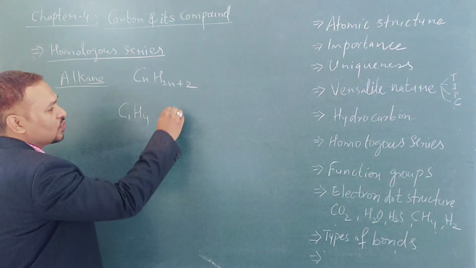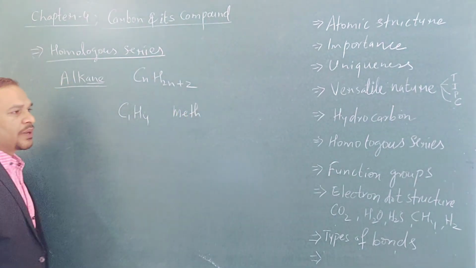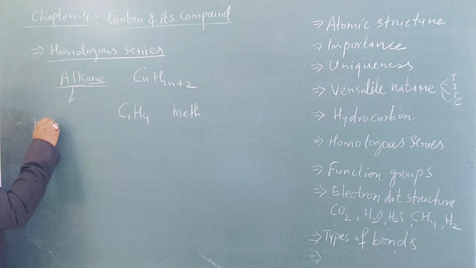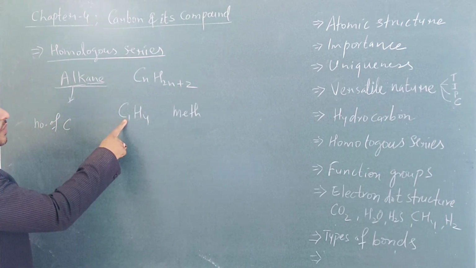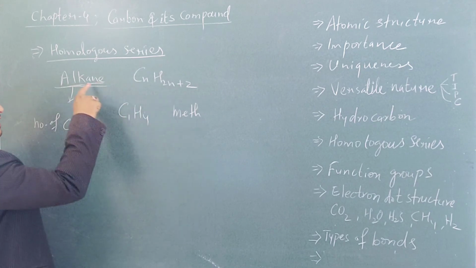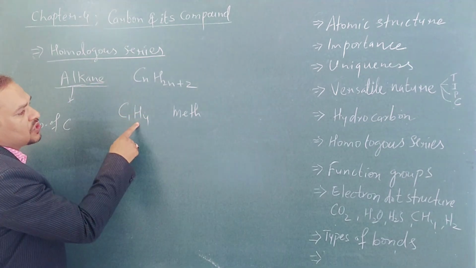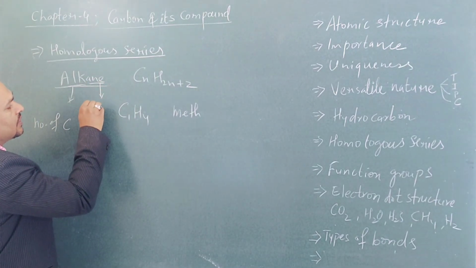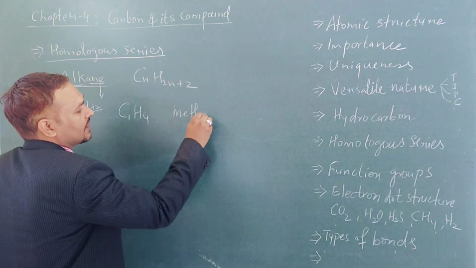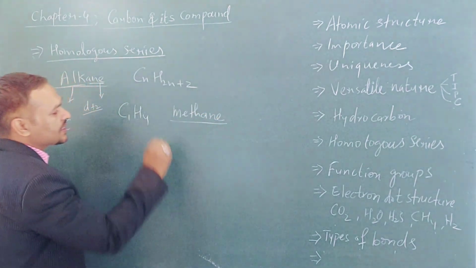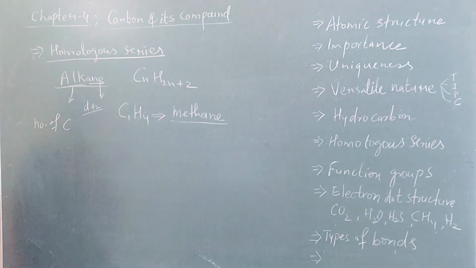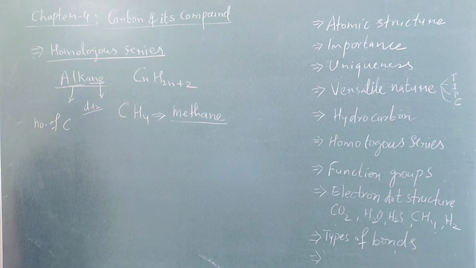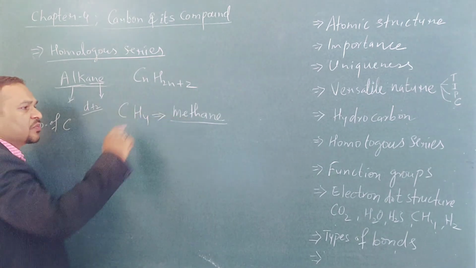1 carbon, रूट वर्ड में आपने देखा होगा क्या लिखा था हमने? Meth. Here alk means number of carbon. So number of carbon is 1, so we will write meth. ane मतलब है कि हाइड्रोजन अगर डबल प्लस 2 है तो उसमें हम क्या लगाएंगे? Suffix ane, यानी डबल प्लस 2, तो हमने लगा दिया ANE सफिक्स. ये बन गया इसका नाम. What is the name of this compound? And one cannot write it mathematically, so CH4. Its name is CH4 and the name is methane.